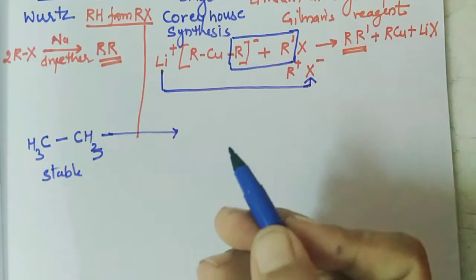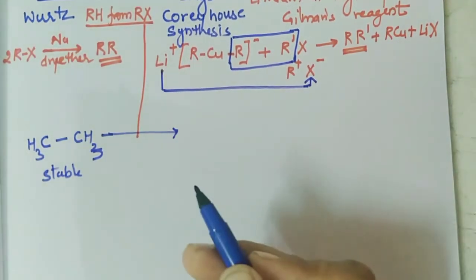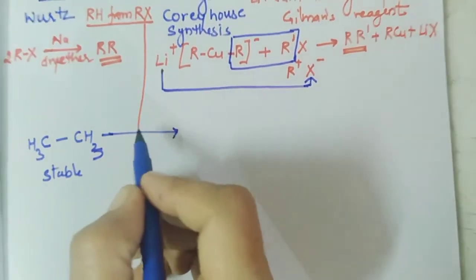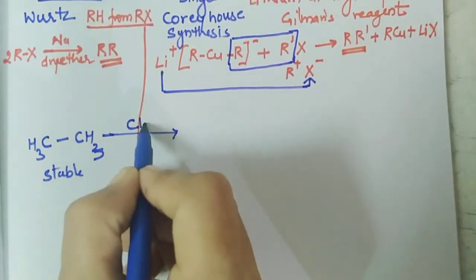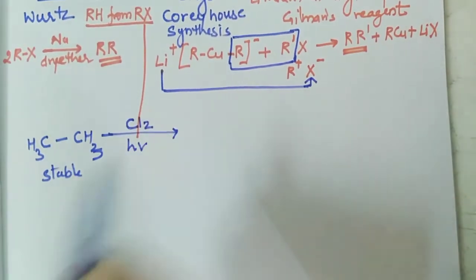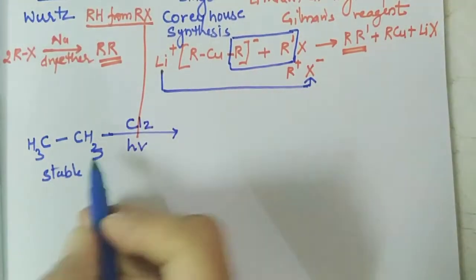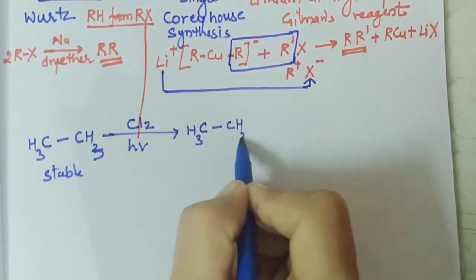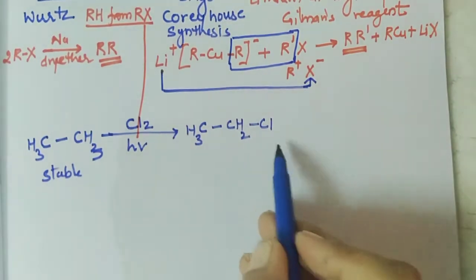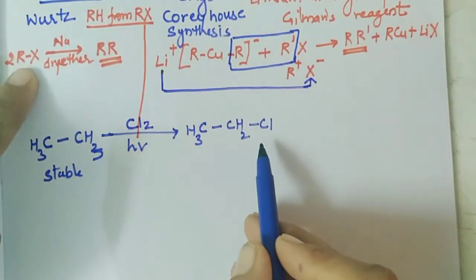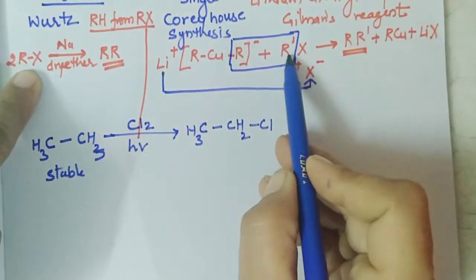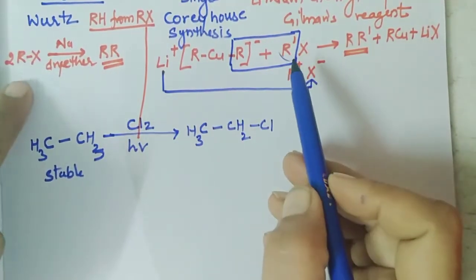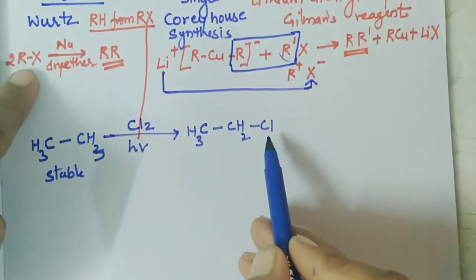We have to convert it into an unstable compound. How to convert? So for this, what we are going to do here is halogenation. In halogenation we are taking any halogen in presence of light. What is going to happen? This will be converted into haloalkanes. Okay, once we have the haloalkane, see here, we need this haloalkane for Corey-House as well as for Wood's reaction. Now we are in the condition of this RX.